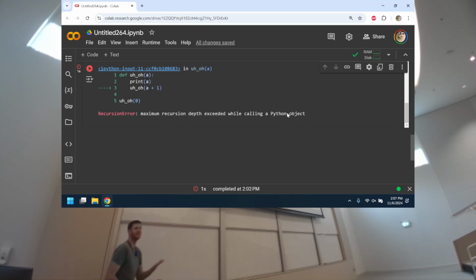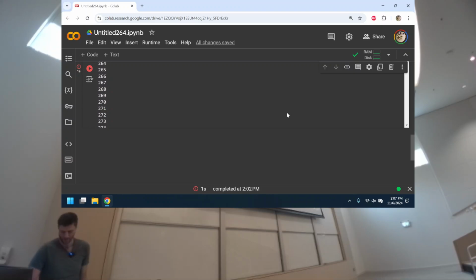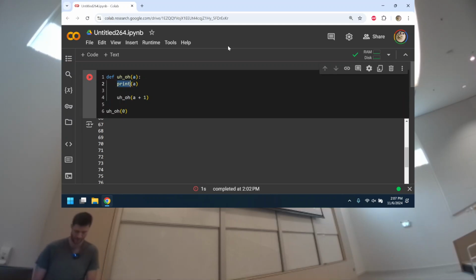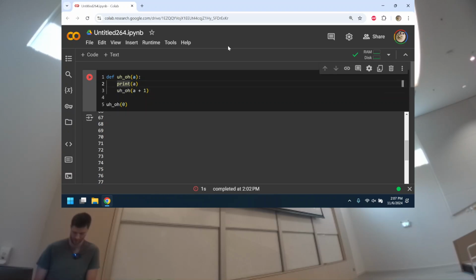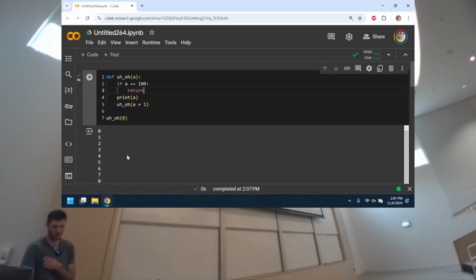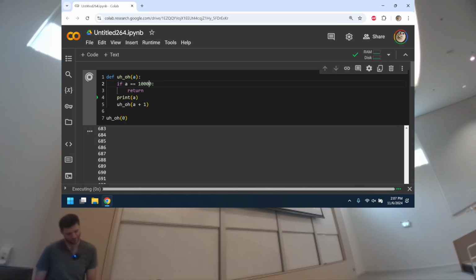The problem with what I did is I effectively made an infinite loop, because it'll never stop. But I can make it stop by doing something like if A equals 100, there. It'll only ever go from 0 to 100. I can make it stop by having the function just say, okay, well, then don't call yourself again, just stop. Now, if I made this like 10,000, Python's still going to be like, no,